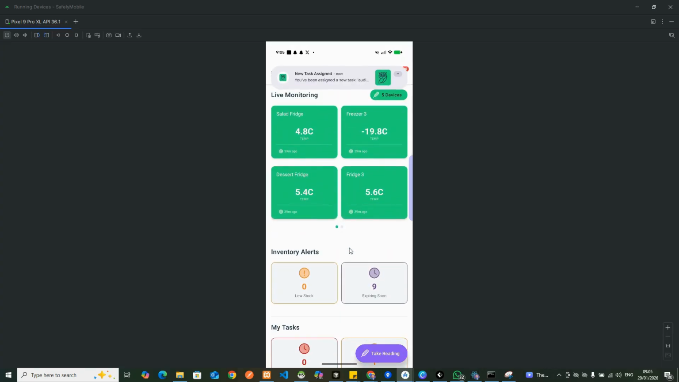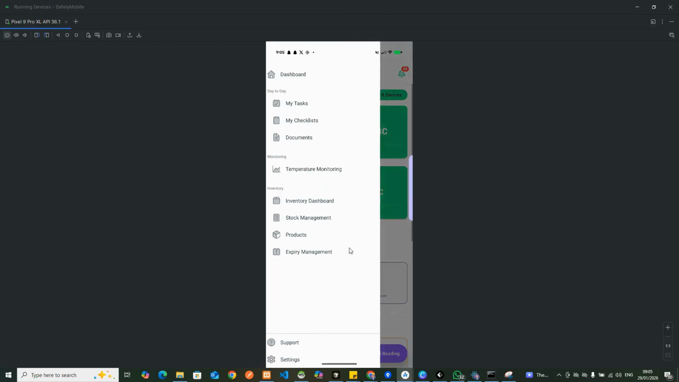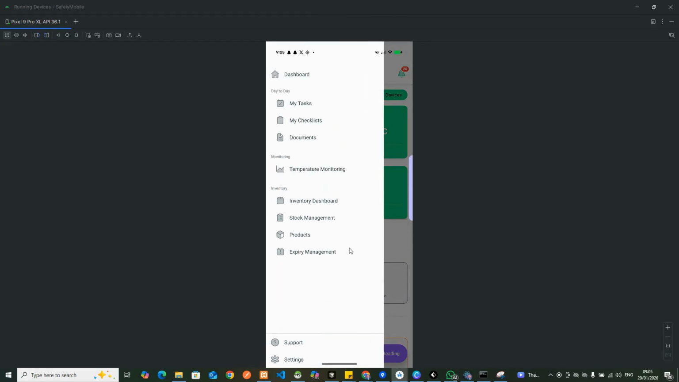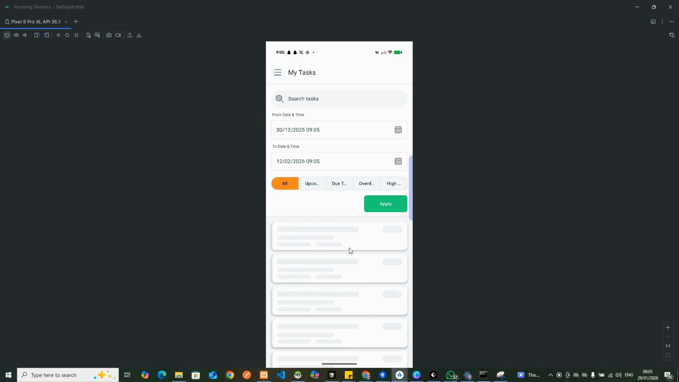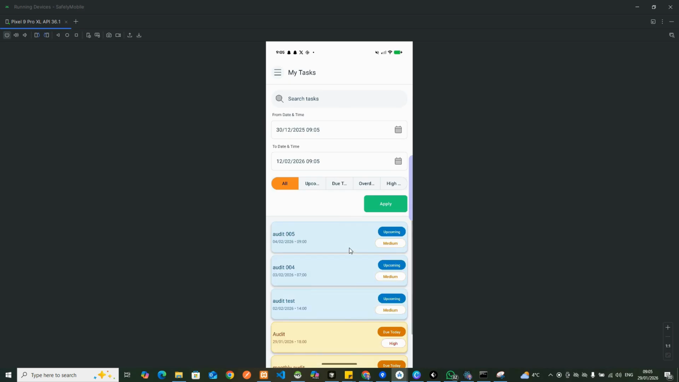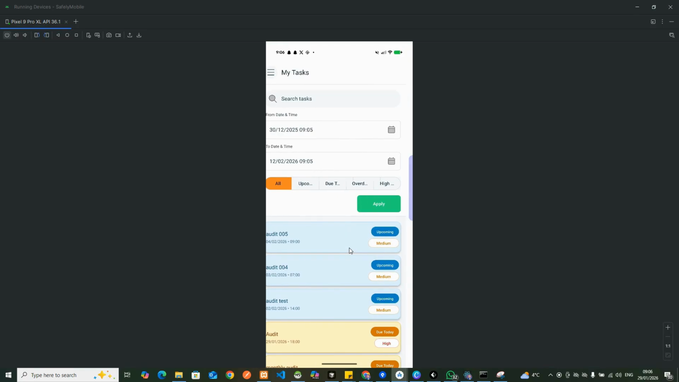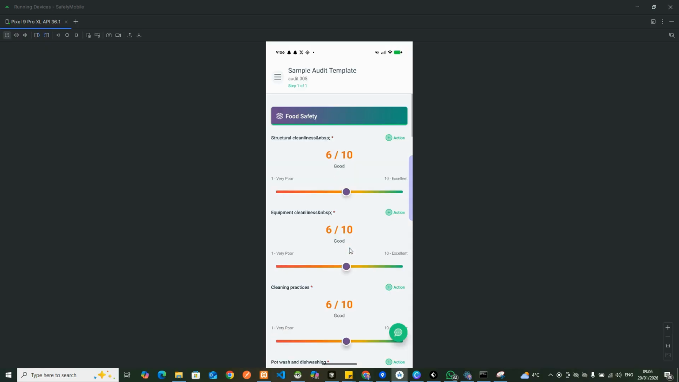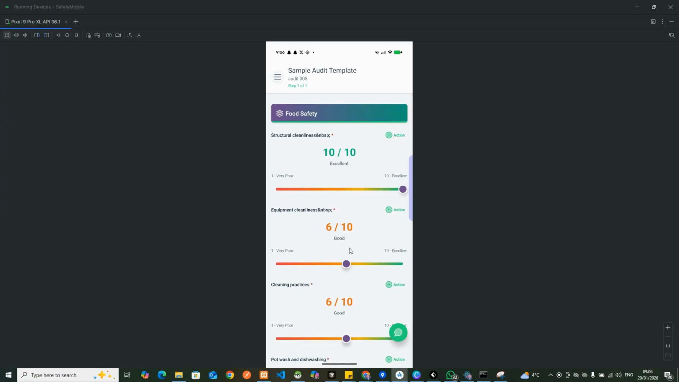Now, here is the notification that we've just assigned. That means we can then go into my tasks, and under my task, you'll see the audit that we've just created. They can then open up the audit, and you'll see a nice, clean, easy to follow UI for an audit form. Now, these are sliding scales,